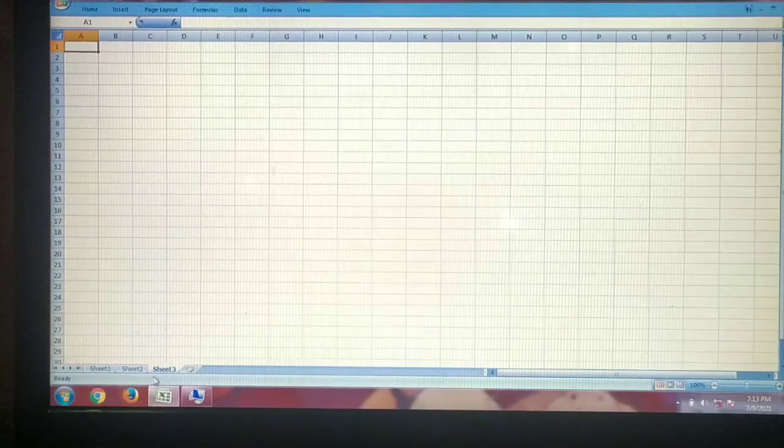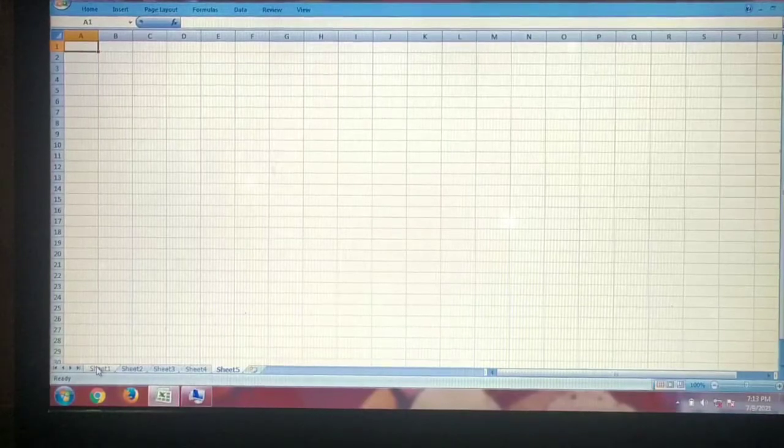If we need to add an additional sheet, we can click on the option. We can see here one option called new sheet. When we click on that one, we can add a new sheet to our workbook. So by default, there will be 3 sheets in a workbook or spreadsheet.